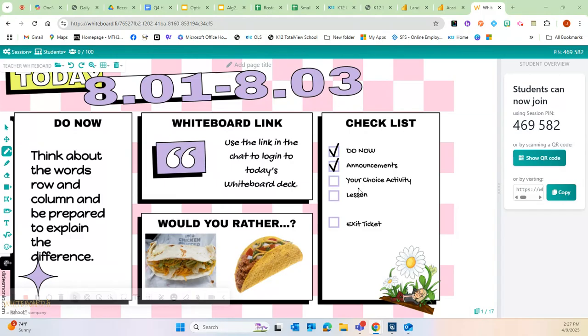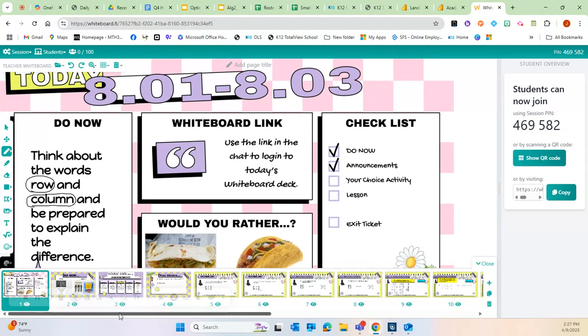So the first thing I do want you to think about is, what do the words row and column mean? Because I think it's really important as we start our new unit on matrices, which is Unit 8, we really need to know what a row and what a column is. So on my next slide, I made a visual